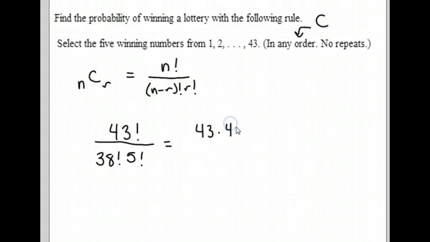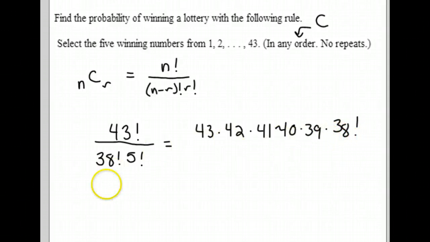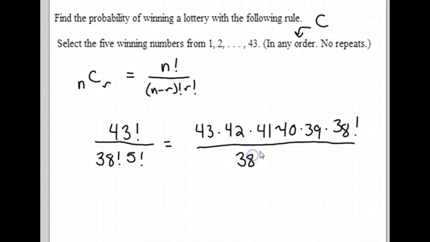Okay, and then if you write this out, 43 times 42 times 41 times 40 times 39, and then after that you get 38 factorial. Okay, and since that's the denominator down here, then we can cancel that out, and that's why I'm writing it as 38 factorial instead of dot dot dot down to 3, 2, 1. And then the bottom we got the 38 factorial that's getting ready to cancel, and the 5 factorial that I'm going to write as 5 times 4 times 3 times 2 and then times 1,